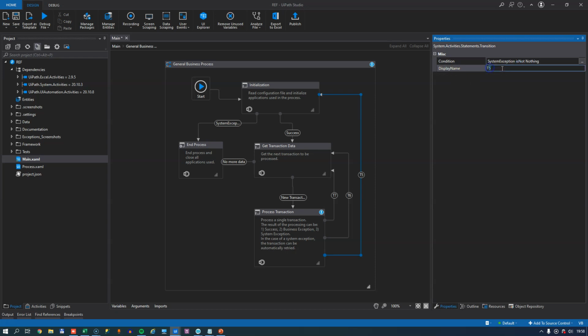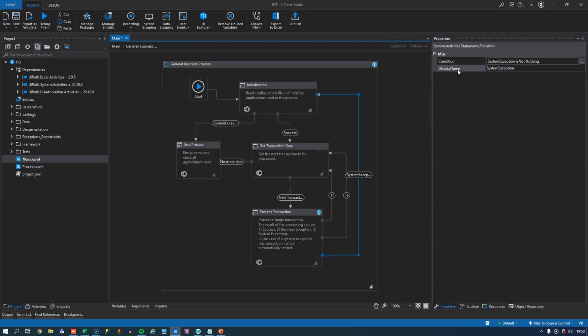And we rename that to system exception. This one was the business rule exception. So we'll just call it business exception. And the condition for us to take this route from process transaction to get more transaction data is that the business exception is not nothing,